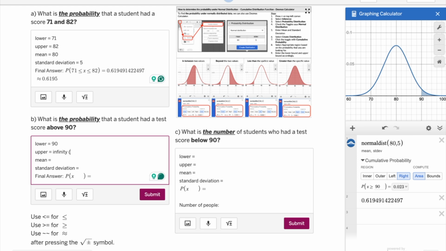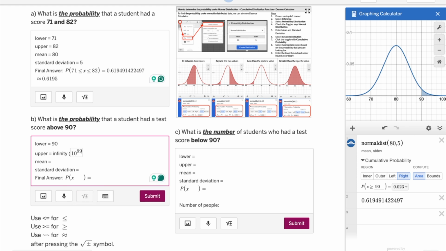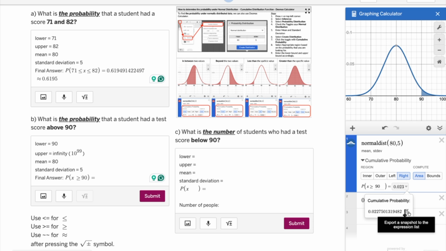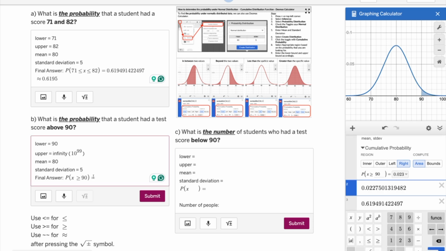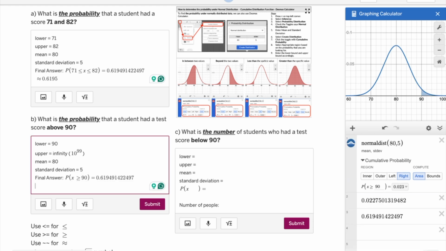And as a side note, in the TI-84 calculator, that means we're using 10 to the 99 to represent the biggest number possible in the world. And the mean and the standard deviation remain the same. And I'm looking for greater than or equal to 90, which I got my value from here of 0.02275. So let me copy that information down, which I can also round to